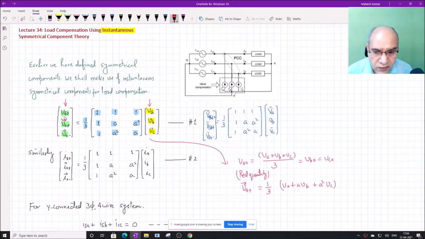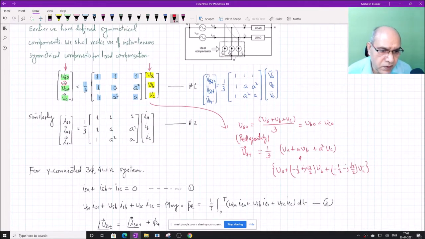If you substitute the value of a, which is minus half plus j root 3 by 2, into VB, and a square is minus half minus j root 3 by 2, into VC, and this is VA, and if we add all these quantities, then you can see that VA plus is